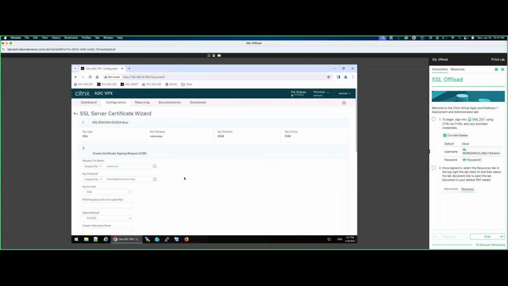Now you see it's going to be the full path. Key file name, appliance, and full path. It's going to be PEM, and I'm going to give the password, password one, and SHA-256. Now, subject alternate name,